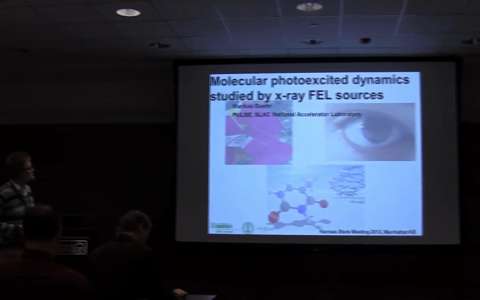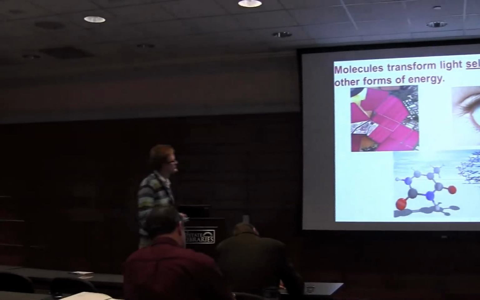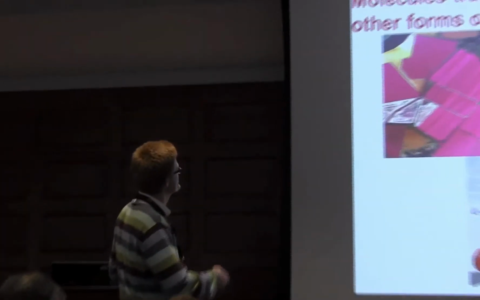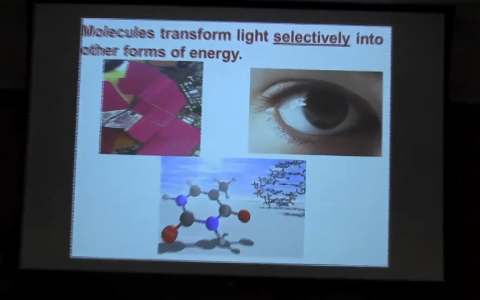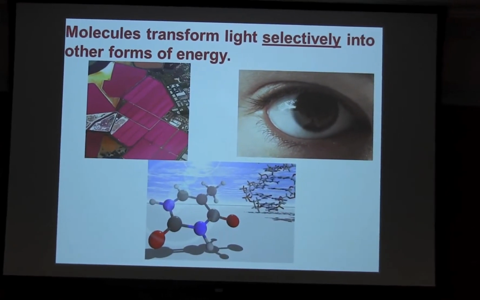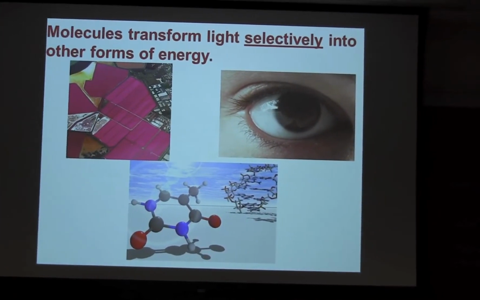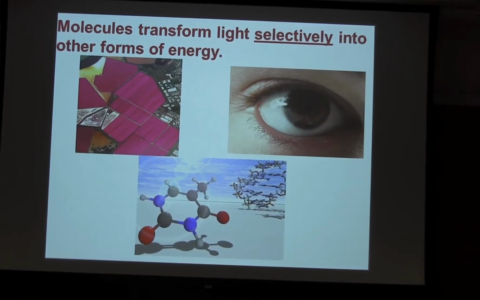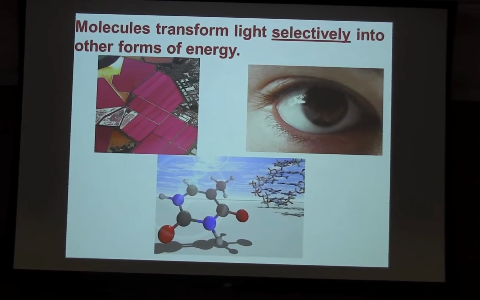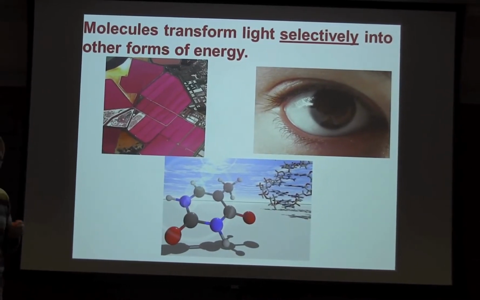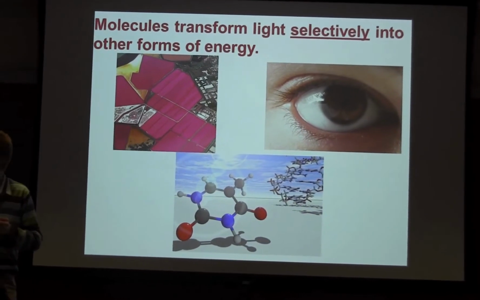I would like to motivate my talk with the following three iconographic representations of molecular processes that do something for us in the broadest sense. Here on top you see icons for vision and for light harvesting. At the heart of these two processes is actually a molecule called retinal. And the retinal absorbs light and very selectively transfers this light energy into isomerization of one particular bond in